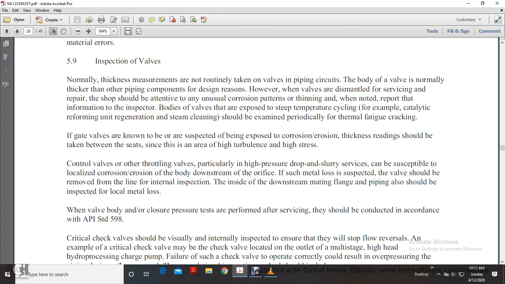Alright, 5.9, inspection of valves. Normally, thickness measurements are not routinely taken on the valves of the piping, because the body of the valve is normally thicker than the piping component for design reasons. However, when the